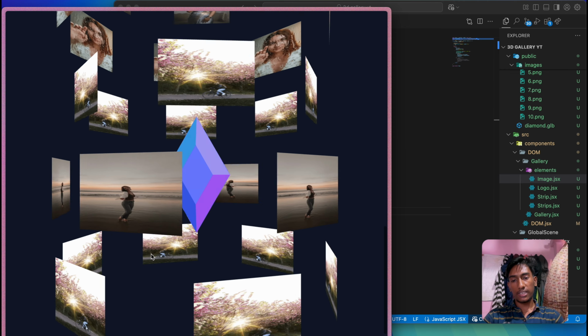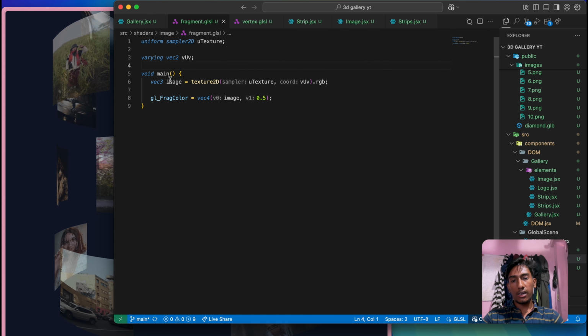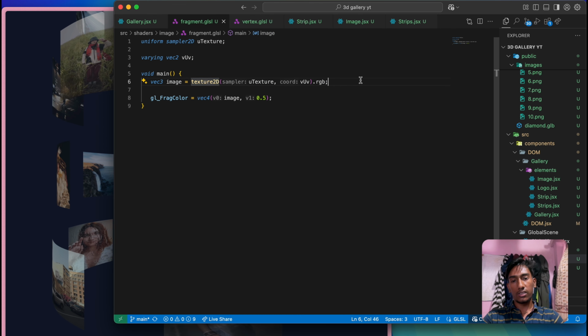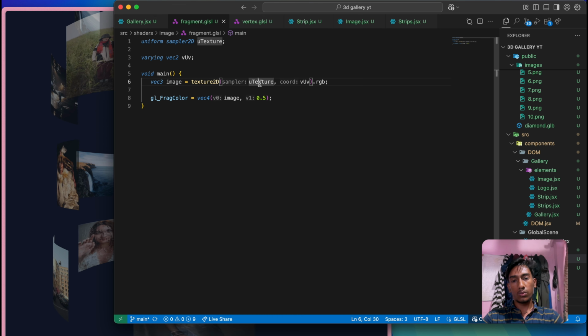So now what I'm going to do is map the texture over it using some uniforms, and I'm going to use the shader material here. So what I just did is I pass the texture through a uniform, and inside fragment shader I'm just retrieving the texture and creating a texture image of it using the vUv here, and this vUv I'm getting from the vertex shader through a varying.